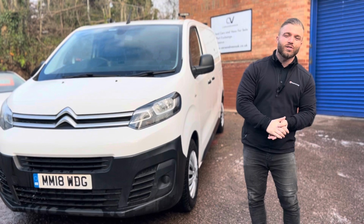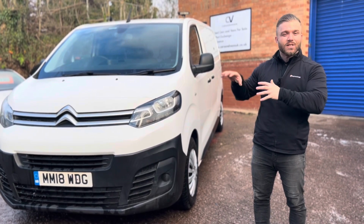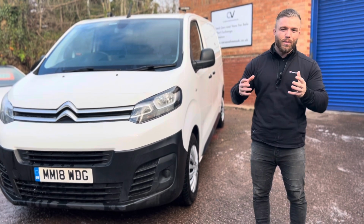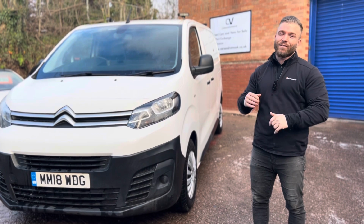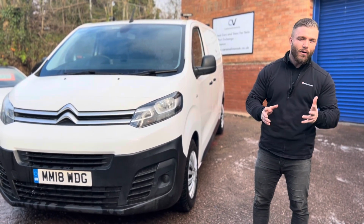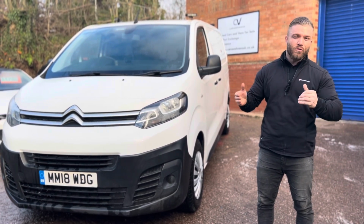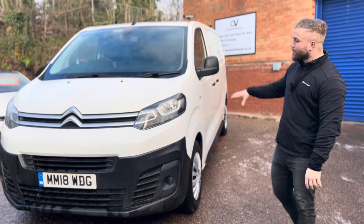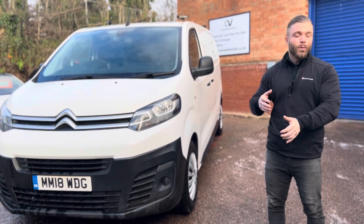So should you buy a Citroen Dispatch? This van is across the board. Five different manufacturers use the same engine, gearbox, pretty much the same model. That's Vauxhall, Citroen, Peugeot, Toyota and Fiat, all running pretty much the same van, that being the Peugeot Expert, the Vauxhall Vivaro. Being honest, I think there's a reason why all five manufacturers are running them, and we'll go into that. This particular model is for sale with carsandvansuk.co.uk, where this physical van is